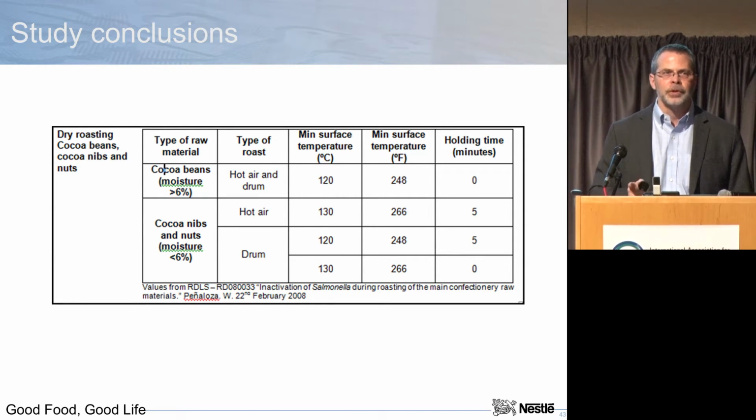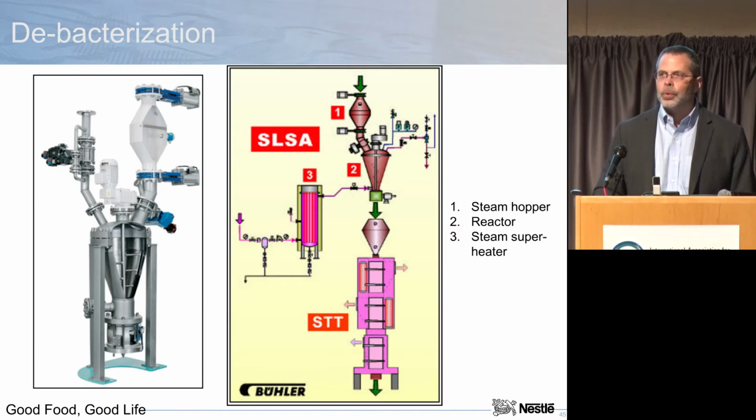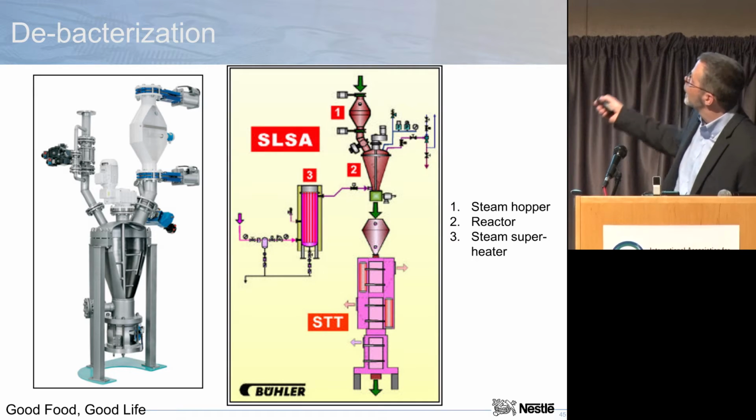and product development says, you know, it'd be great if we could change the roaster conditions because we'd really like to have the nuts with different conditions. And we're like, oh my goodness, this took us a long time. What do we do? So what we said was continuing to validate and change the roaster conditions in dry roasting was too complicated. So we looked at something called a debacterization system, and what this is, it has a little